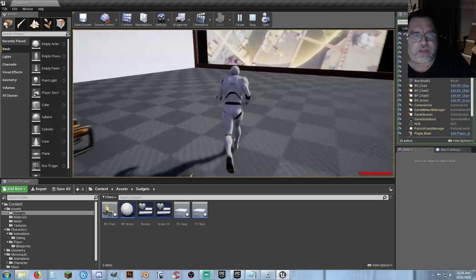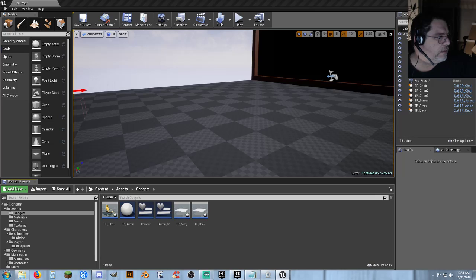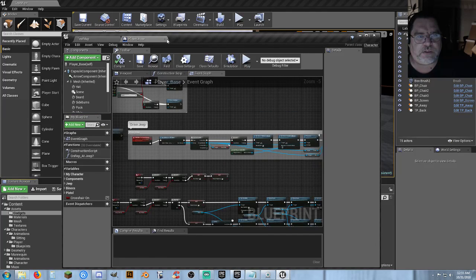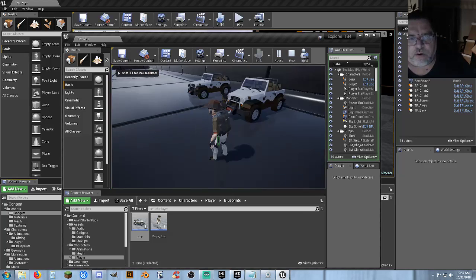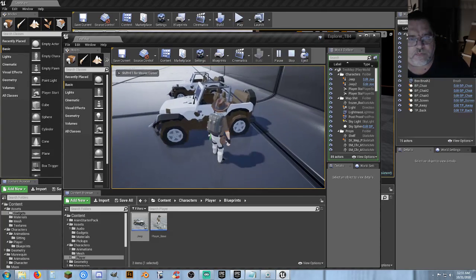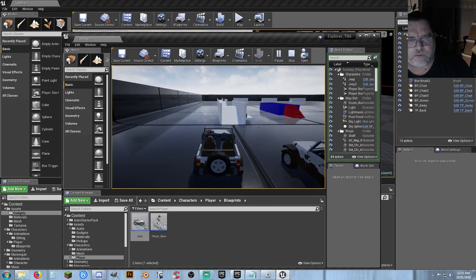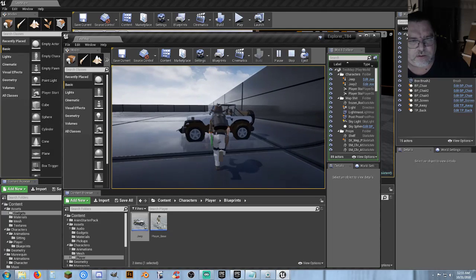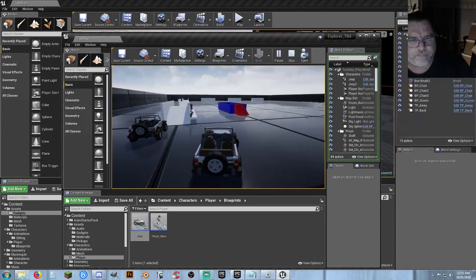And just as an example, this is a completely other version of a UE4 right here. Let's close these guys down, trying to get this to work with replication, but it's just not wanting to work. You can see I've actually done this before, and come over here and I can get in the Jeep, drive, I can get back out just fine, come over to this Jeep and get into this one, and it